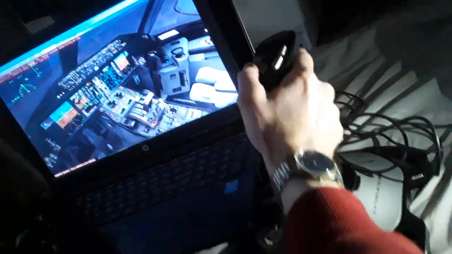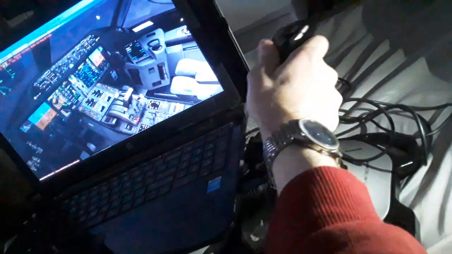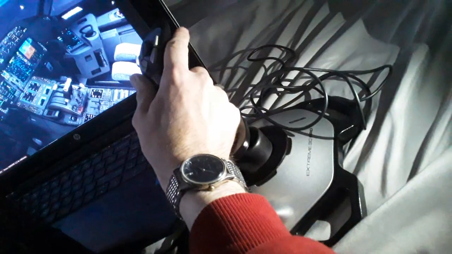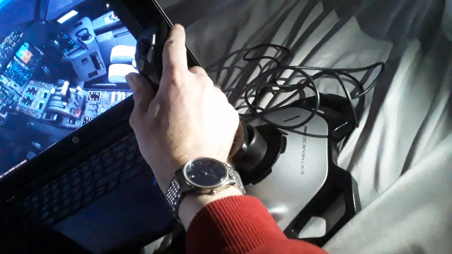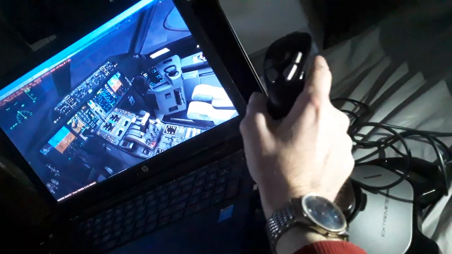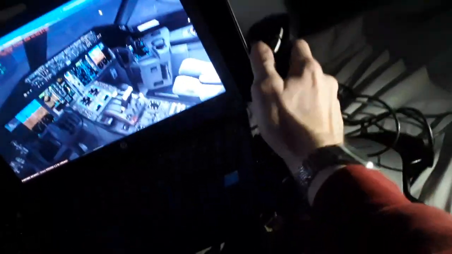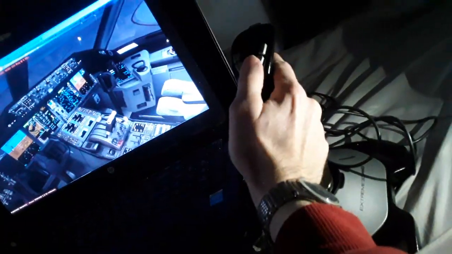So climb, descend, is the yoke back and forth, or the side stick in the Airbus. Make turns left and right, turns in the Airbus, side stick left and right. In the Boeing it is the control wheel left and right. We have also the rudder pedals interconnected and the horizontal trim stabilizer. Hope you like all the functions. Also we have the thrust